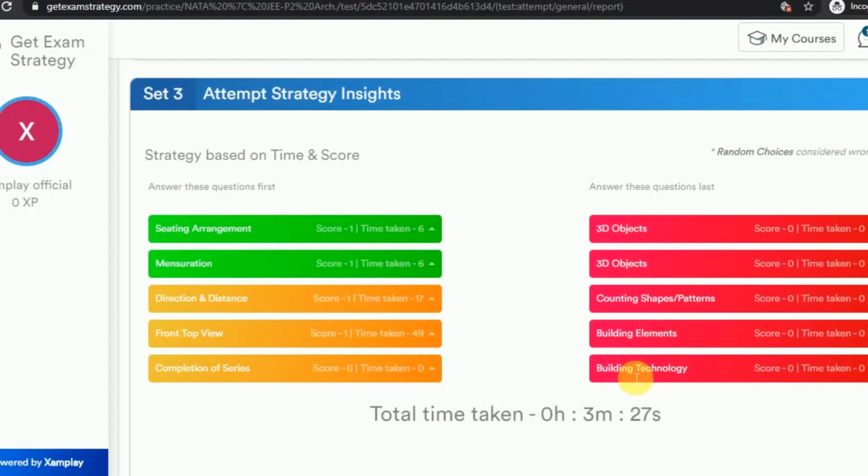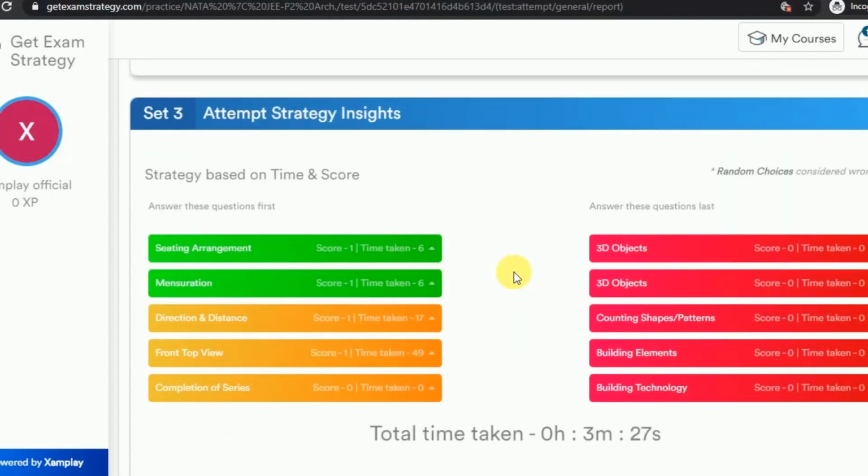If you do not make any discrimination and start answering the questions in sequence, you might spend time on questions which you are not very strong at, and those questions could be googlies, and you can get caught off guard and lose time, energy, and marks. So this attempt strategy in Insights tells you how you can strategize your answering method in the exam.